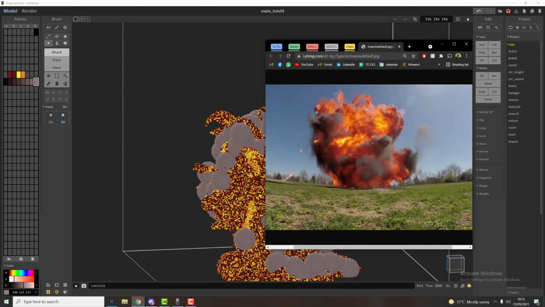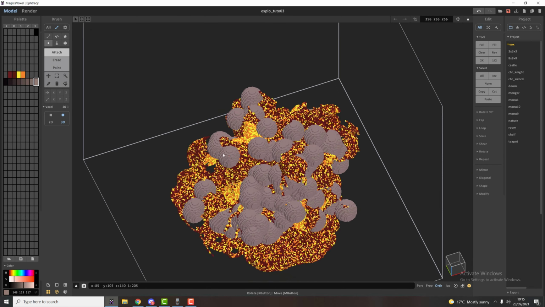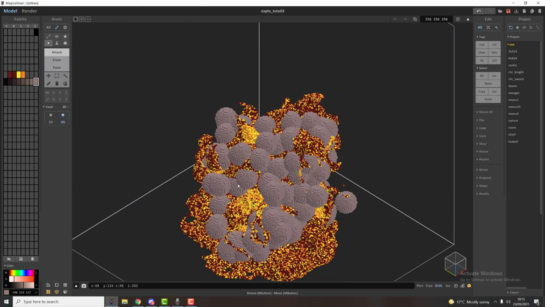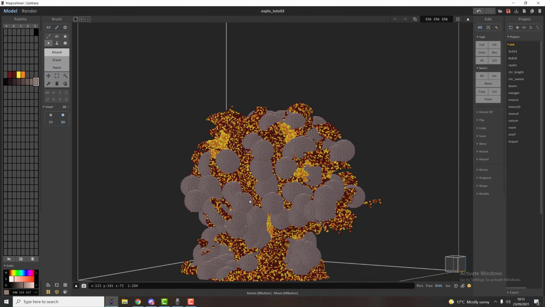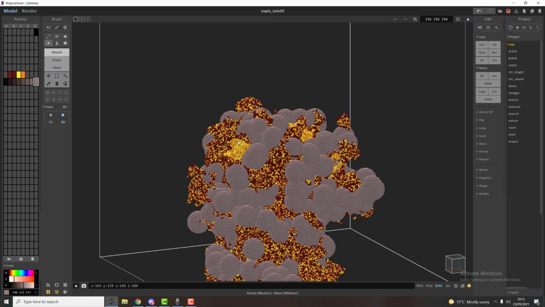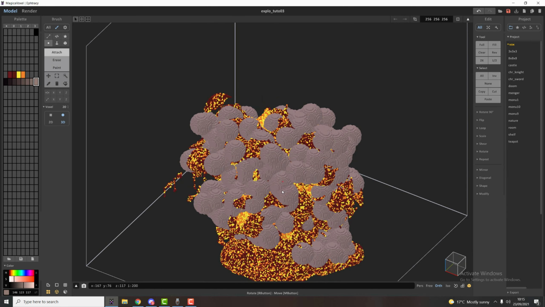And basically you see most of the explosion is covered with smoke, so don't be afraid to just add a lot of it, and we're gonna remove some in a second. It's always a process of adding and removing to create the different shapes. Yeah, so just single click taps,